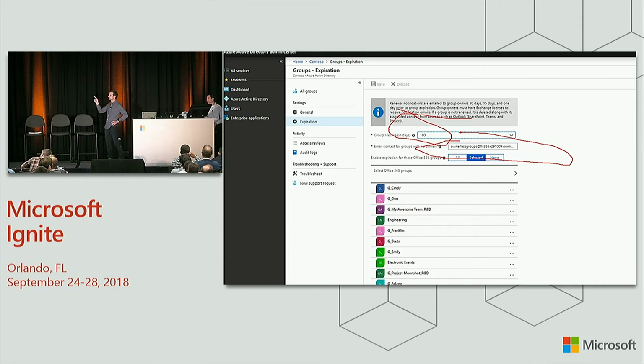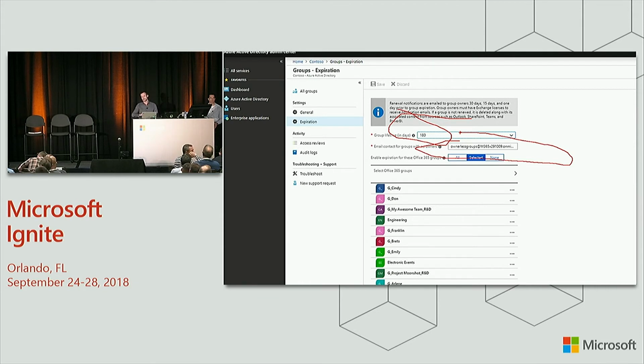So we're giving you a setting where you can email individuals, or in this case, what I did is I created a group, and I'm emailing the group. The reason I'm doing this is because I don't want the onus to be on just one admin. I want a shared repository where, if I'm handling the queue and all those requests, I can see the history of all those notifications.